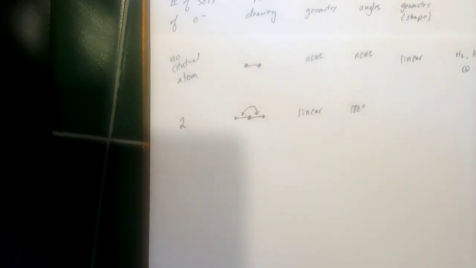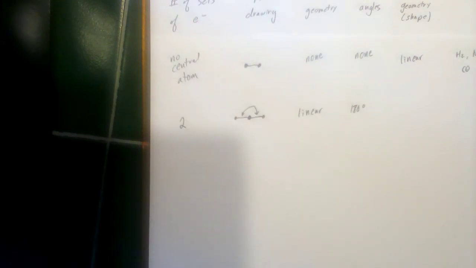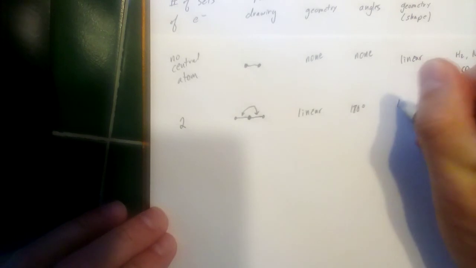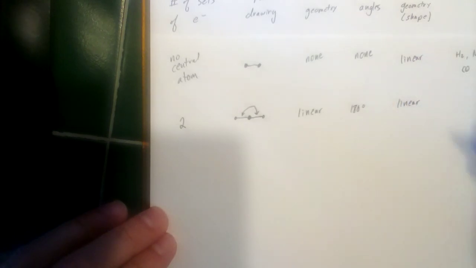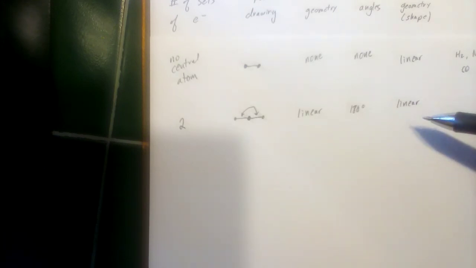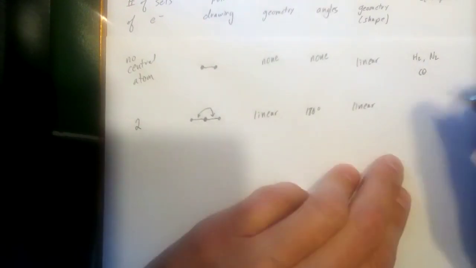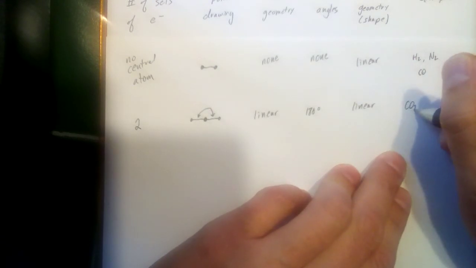Okay. Now, in this case, and we'll see this is always the case when all of the sets of electrons are bonding sets, the molecular geometry, the way we describe the shape of the molecule, is going to be the same as the electron geometry. This we would also describe as a linear molecule. It is shaped like a line. Okay. The examples here, and we've seen a couple in our practice, but probably the most common example here would be